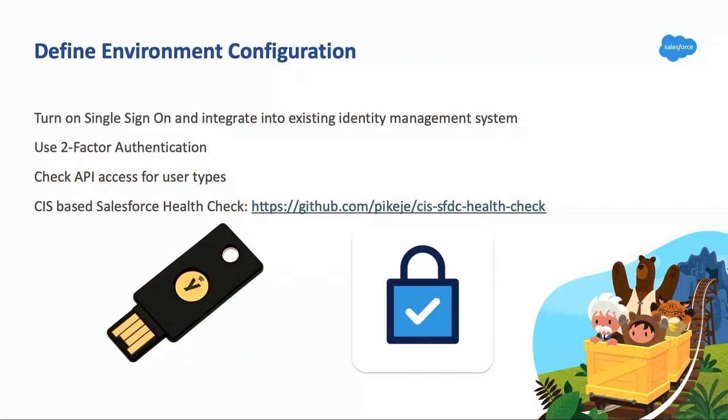And I love YubiKeys, so I put up a YubiKey here. They're great. Yeah. Yes, sir. That's right. Pardon me? Yes. Yeah, in the profile, for the user, you can turn on API access or no API access. So you have to make sure that the API users and API only always check. Right. Yeah, and there might be licensing issues. I have no idea.